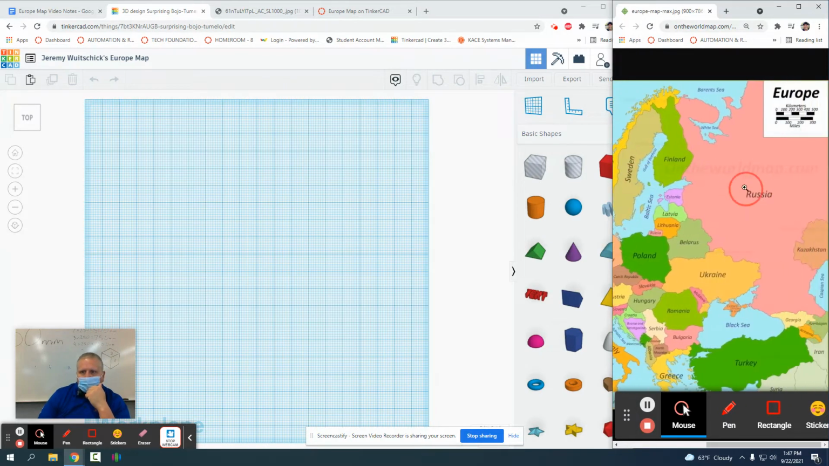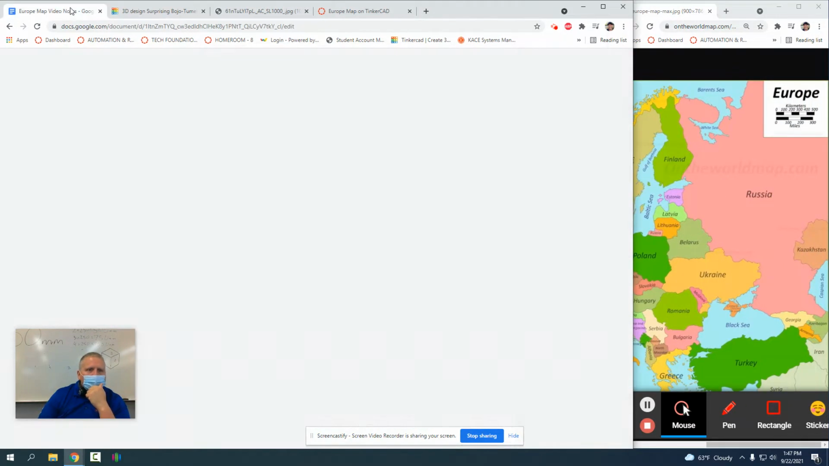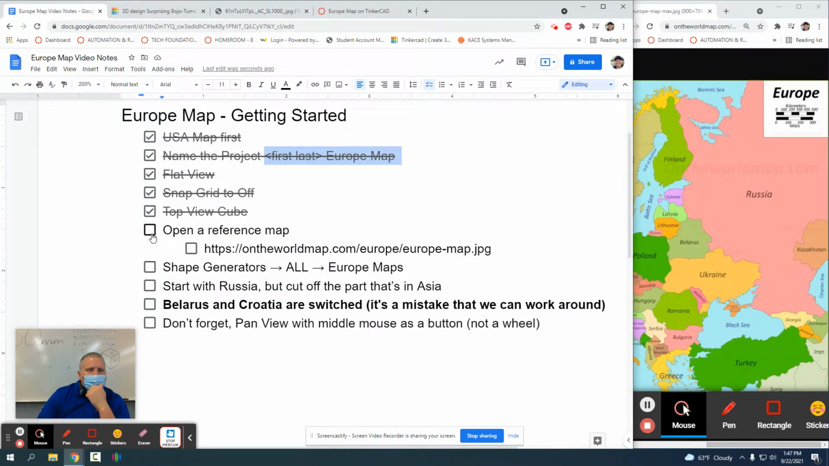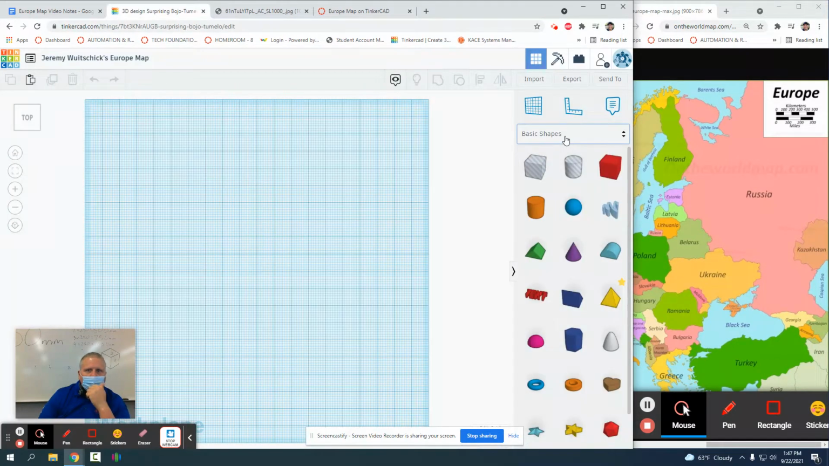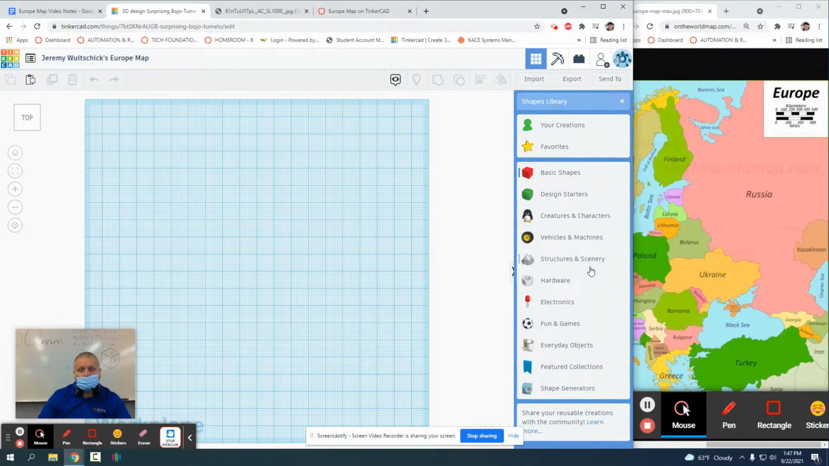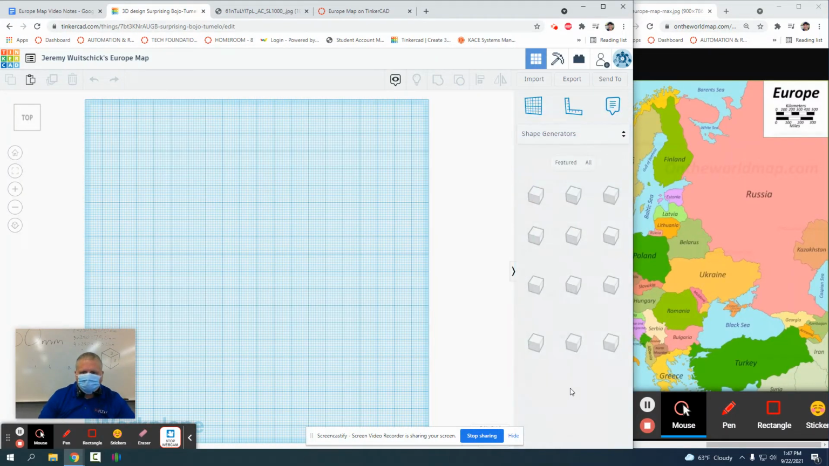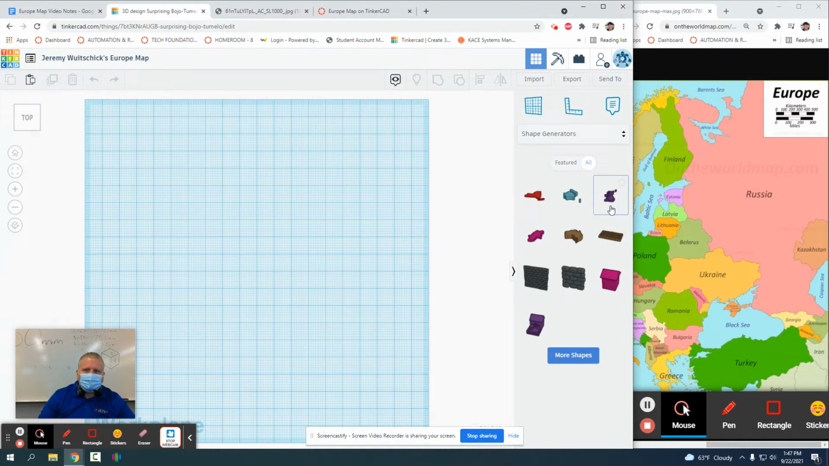Now I want to show you something. The next thing it says is shape generators, all, Europe map. So where do you find these things? They've changed TinkerCAD a little bit. It looks a little different. I like the way it looks now. Go to shape generators, all, and they don't have the labels on stuff, but you can see here, this is a Europe map when you mouse over it. So you can drag that out